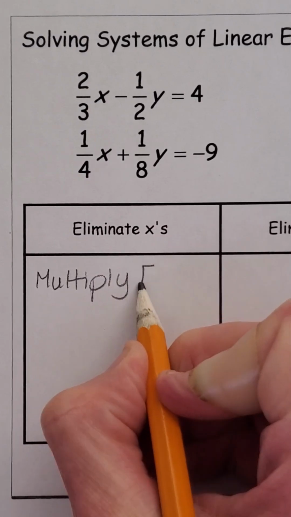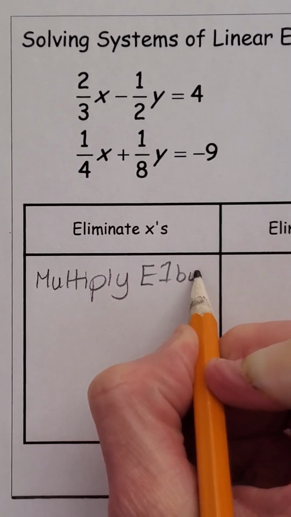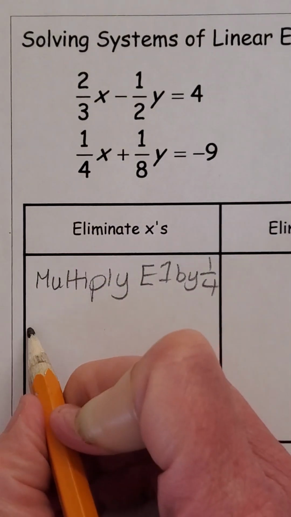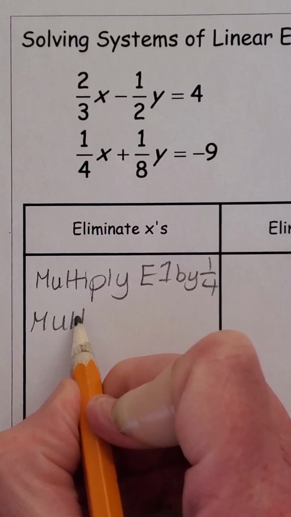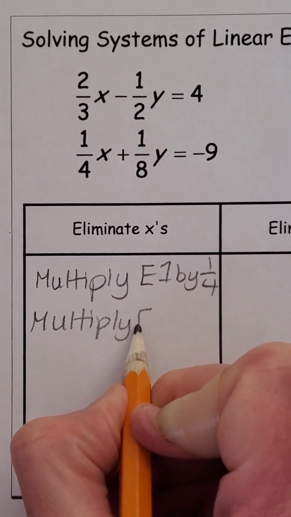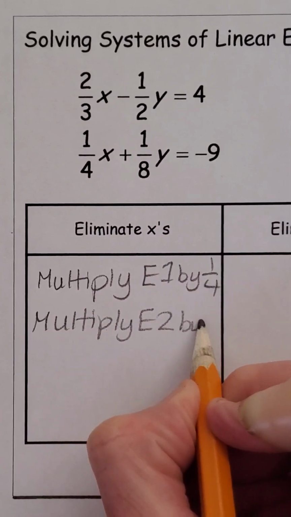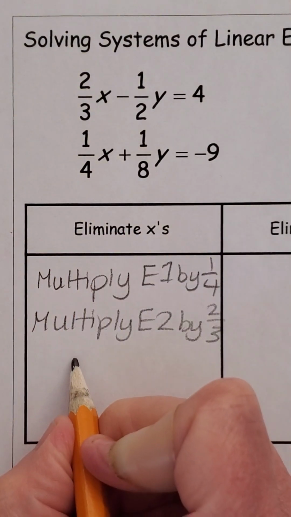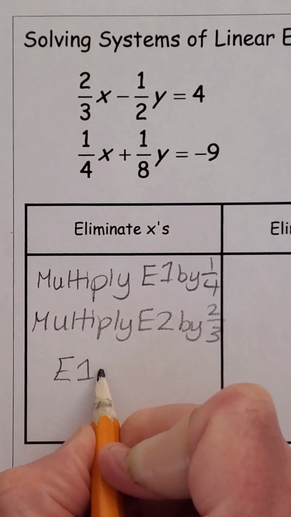e1 by 1/4. Let me just make sure you can see that. Yes, you can. So we'd multiply equation 1 by 1/4, and then we would multiply equation 2 by 2/3. And that would give us 2/12, which is 1/6. So that would give us 1/6 x, and then we could subtract,